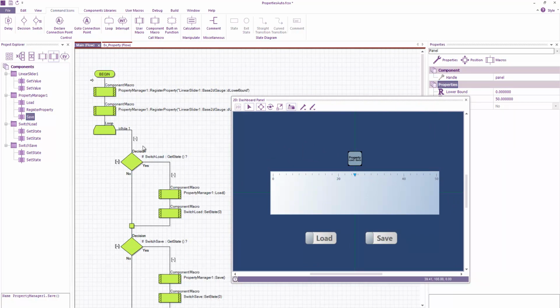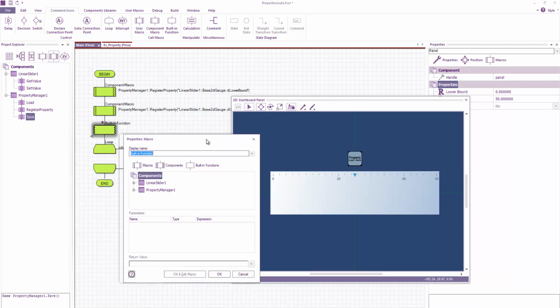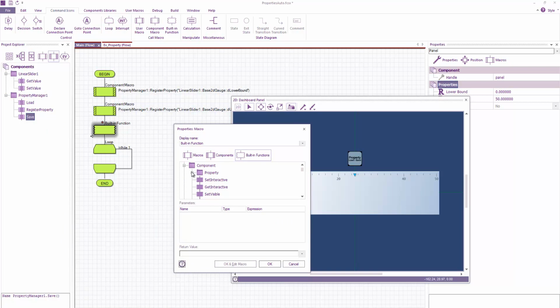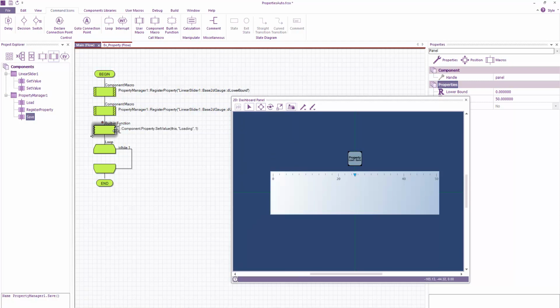And then in our main, we can get rid of these, we can get rid of these, and what we can have here is a built-in function, component property set value. The handle is this, which basically refers to the root of this, basically the panel. The property inside quotes would be loading. The value would be yes or 1 because we're about to do a load. We would then call the load function,